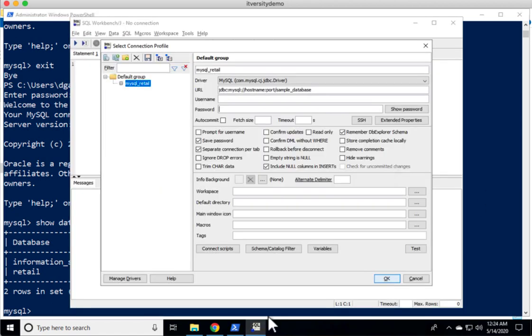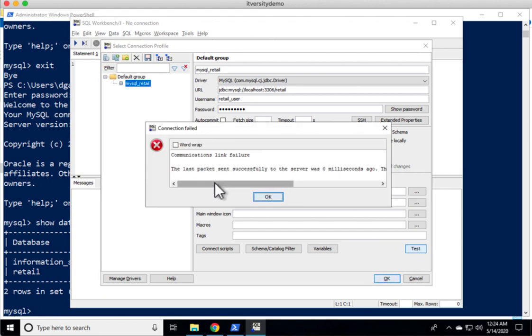Let's add all the required information. The database name is nothing but retail. The username is nothing but retail underscore user. Password is nothing but ITversity. Typically, MySQL runs on port number 3306, so let me update this to 3306. As MySQL is running as part of the Docker container on this Windows host, I should be able to use localhost like this. Now, if I click on test, if everything is fine, it should work.